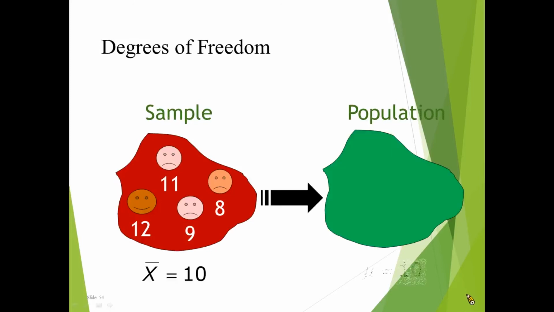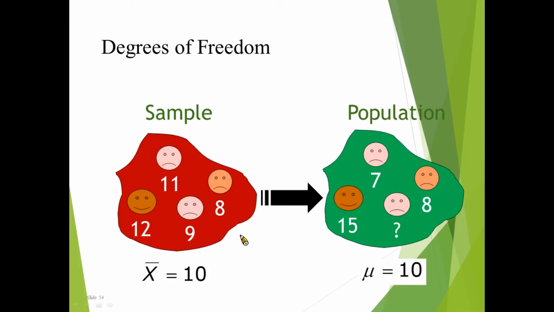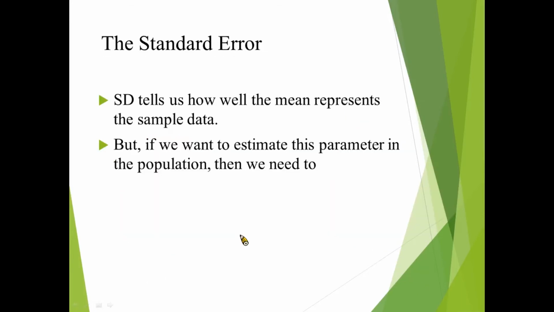And another one, degrees of freedom. On the left side you can see the sample, and this is the population. Okay, and the next one, the standard error. Standard error tells us how well the mean represents the sample data. But if we want to estimate the parameter in the population, then we need to